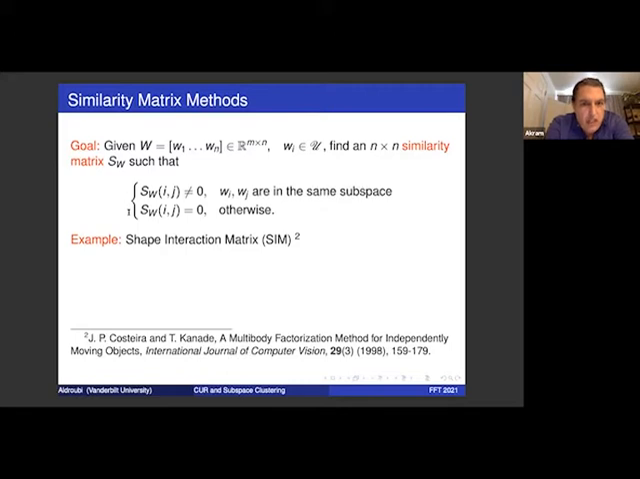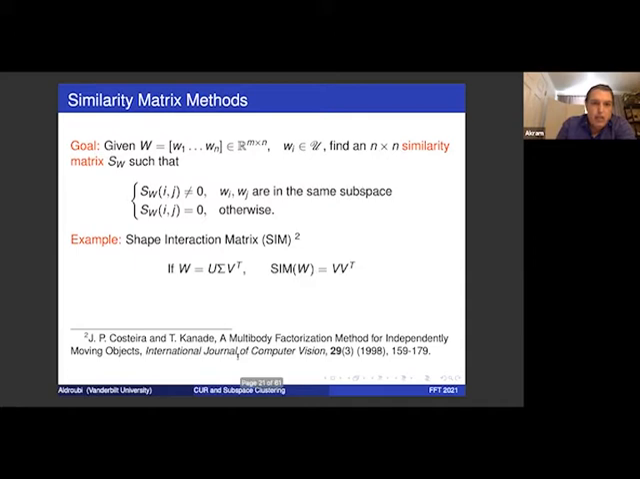And one of the first examples of a similarity matrix, or thought to be a similarity matrix, was introduced by Costeira and Kanade in 1998. And they started essentially this business of subspace clustering in some ways. And they were trying to do motion segmentation. So how do you find the motion of objects in video? So one way, of course, is to try to find a similarity matrix like that, and they found something that they call the